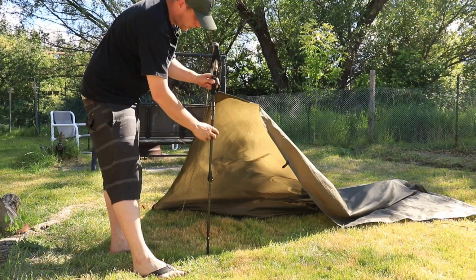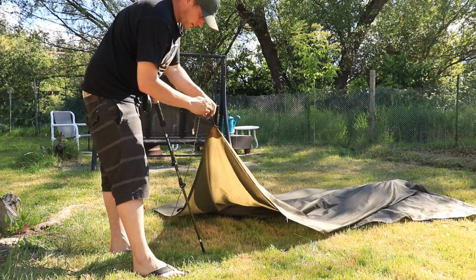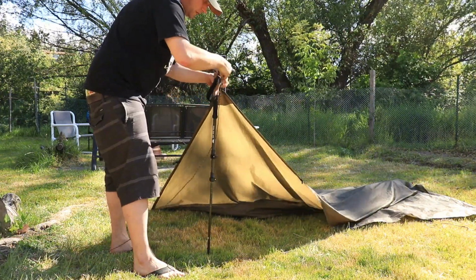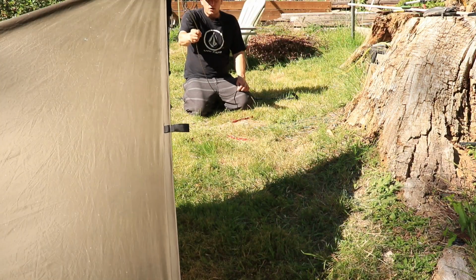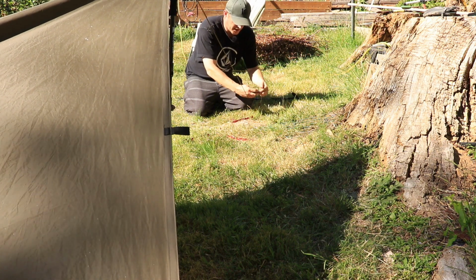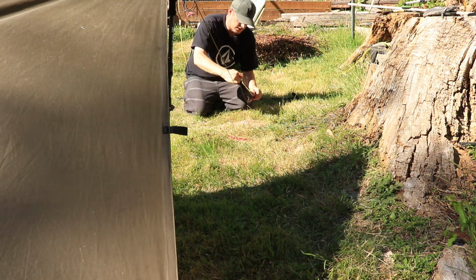Next, you want to adjust your trekking pole accordingly. So I'd say about there. Insert your marlin spike hitch and your trekking pole. Pulling away from that corner stake and out on a bit of an angle. Marlin spike hitch, stake,